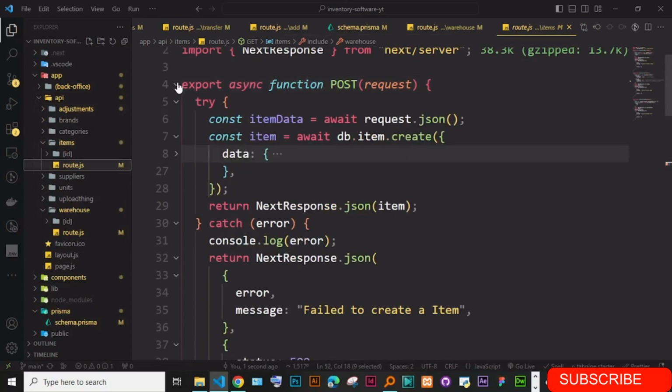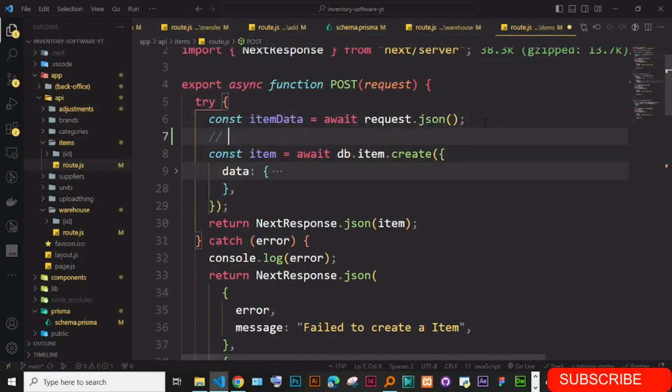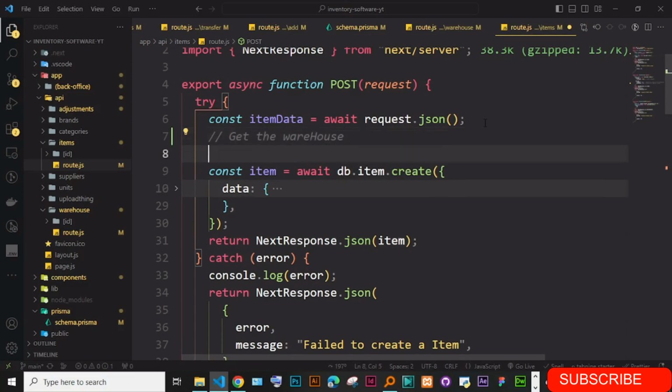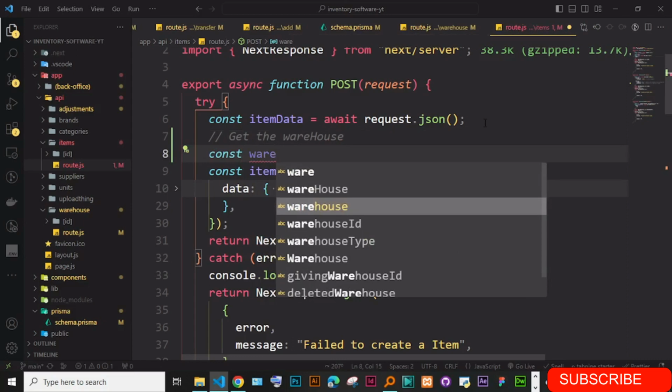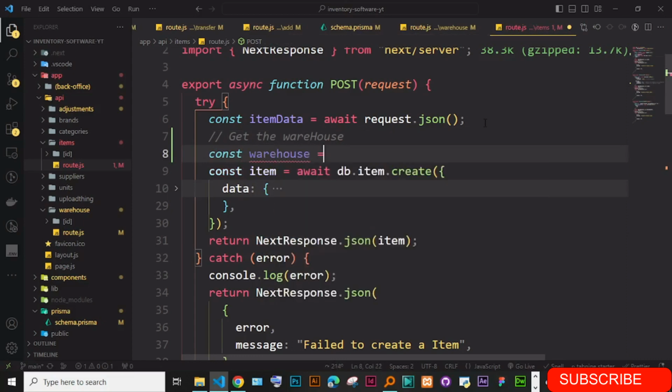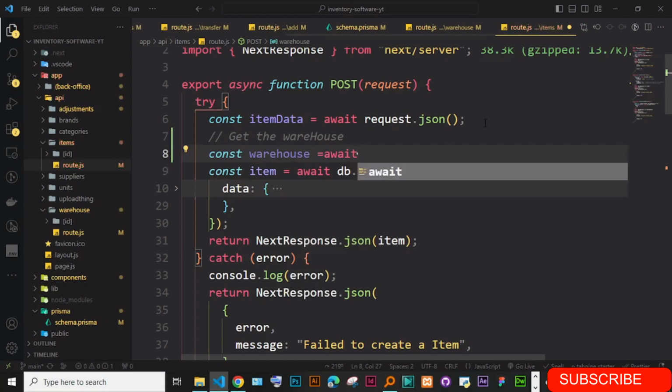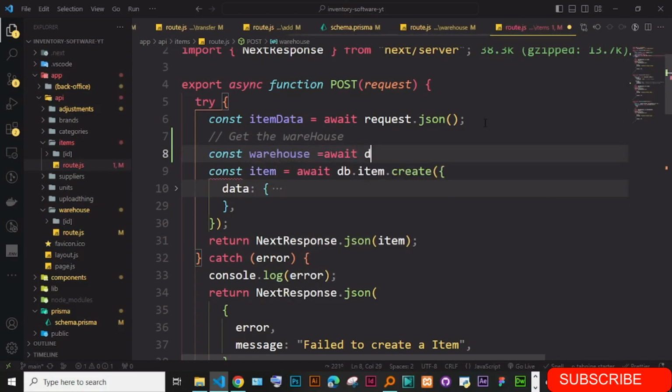So on the POST here, before we update this, we are supposed to first get the warehouse where this is going, and we can just say const warehouse is equal to await db.warehouse.findUnique,